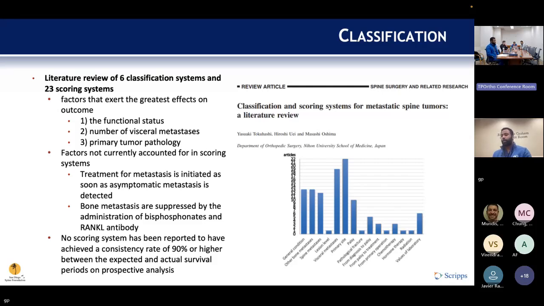Some important factors, however, not accounted for in these were the fact that treatment now is occurring immediately following the detection of mets, and that the detection of mets in an asymptomatic period is becoming more and more common as MRI scans and advanced imaging are becoming more frequently utilized. So obviously this is going to change the outlook for some of these tumors. And so that's what this paper went into, acknowledging those factors. In addition, they do describe the RANK ligand and bisphosphonate treatment options that may be decreasing this burden.